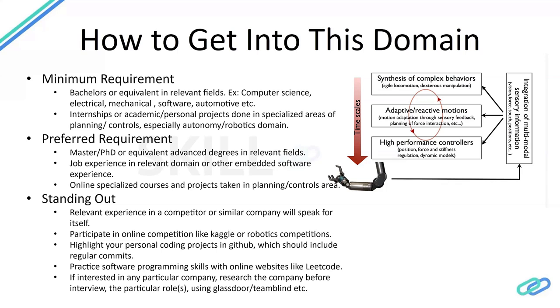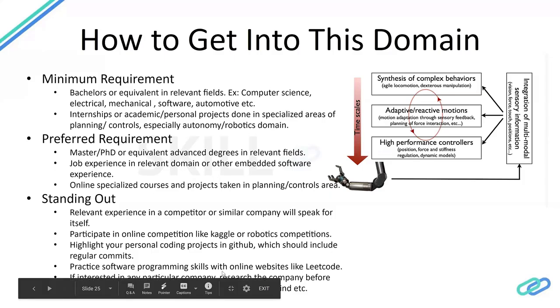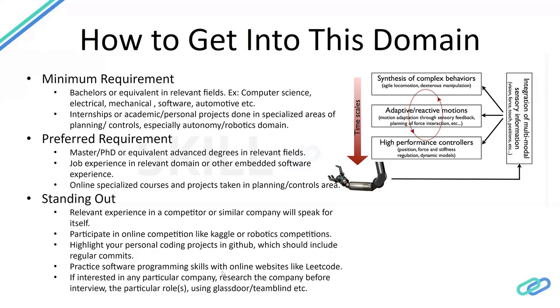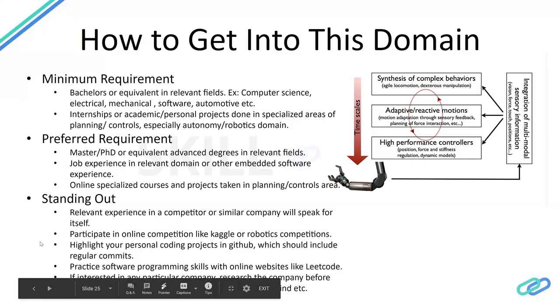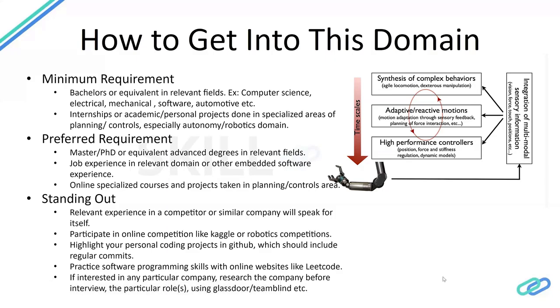You are always regularly working on it. Practice software programming skills with online websites like LeetCode or GFG. And obviously research any particular company you are interested in, like Waymo or anyone. Then